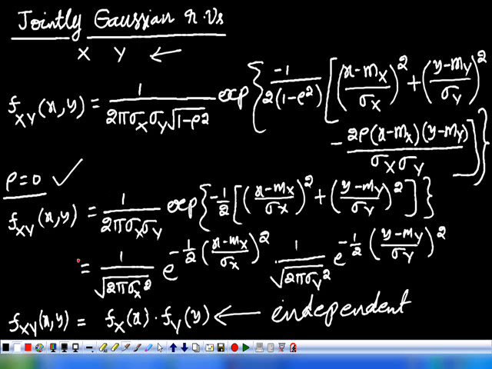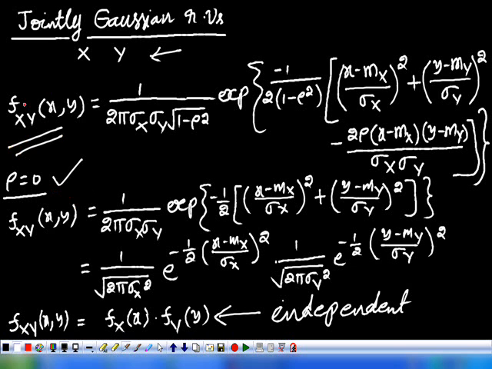But in the case of jointly Gaussian random variables, when rho is equivalent to 0, the two random variables are independent of each other. Here the two random variables are independent, that's why rho is equivalent to 0. So in this case, both the statements are valid. The second statement may not be valid in all cases. We consider a case,